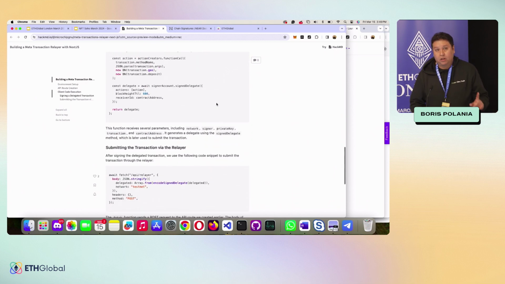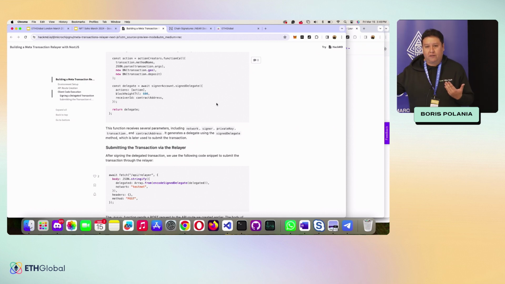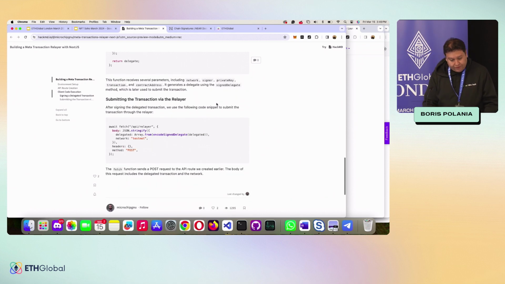Right? So again, we'll be at the booth. If you get stuck here, we can go into more detail, but I don't have 15 minutes to go through all this code. But this is what you need to do. You create the Next.js, you create the routes, then you have one part that will sign the meta transaction, and then you use the relayer to submit the transaction to the other blockchain, right? It depends on which blockchain you are using to integrate. That's it. That's all you need. You will have access to this, but we'll be there. We can help you if you get stuck.